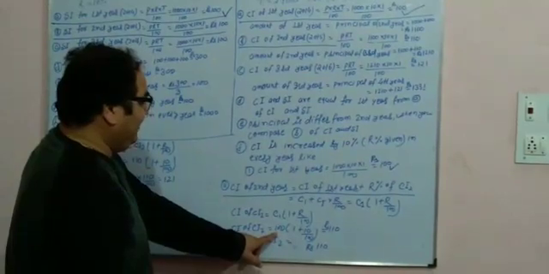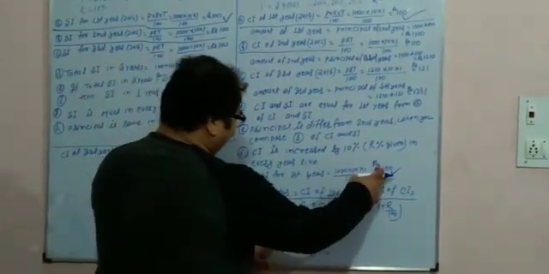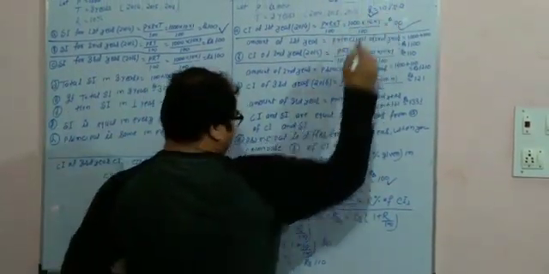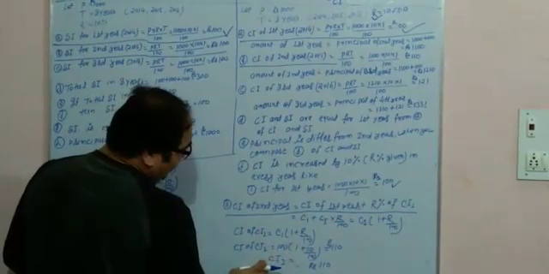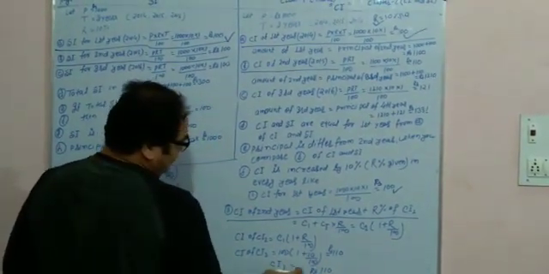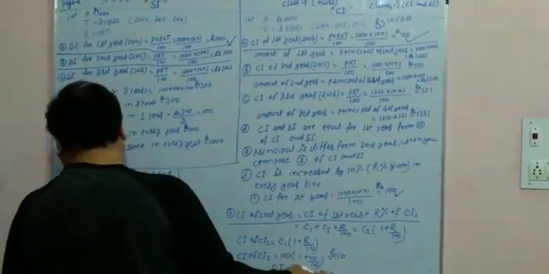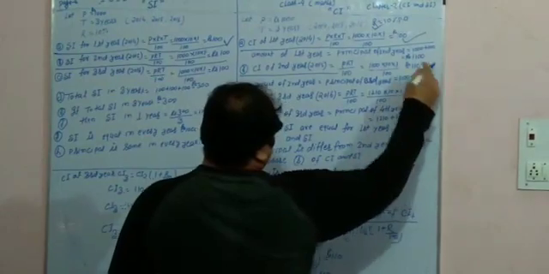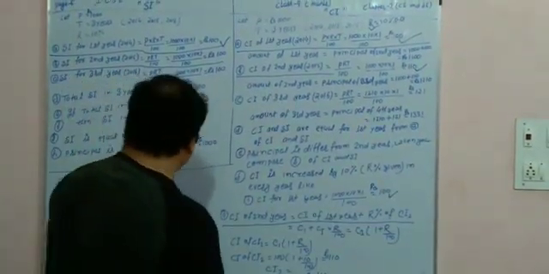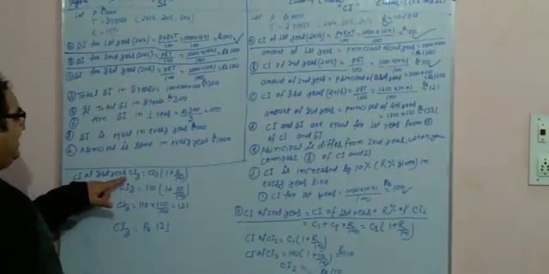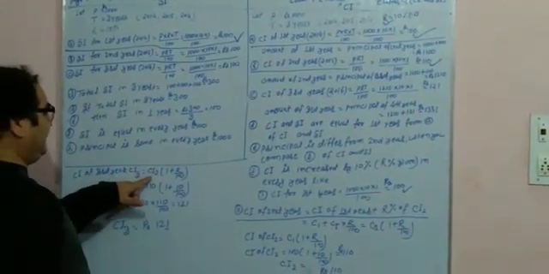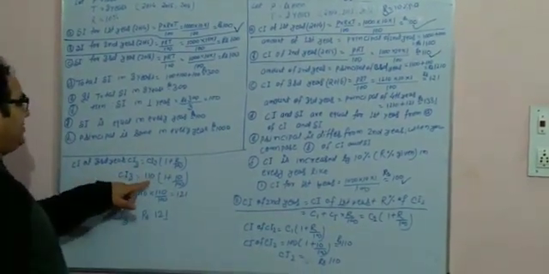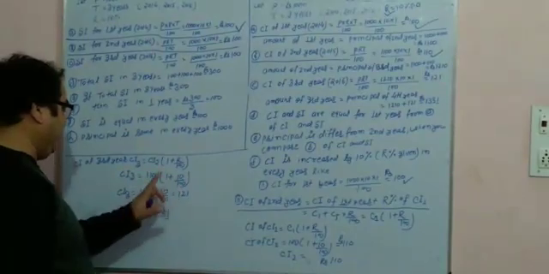When you put the value of CI of first year as 100, into 1 plus R by 100, with R given as 10%, CI of second year is equal to 110 rupees. Similarly, CI of third year, CI3, is equal to CI of second year into 1 plus R by 100. So CI of third year is equal to 110 into 1 plus R by 100.